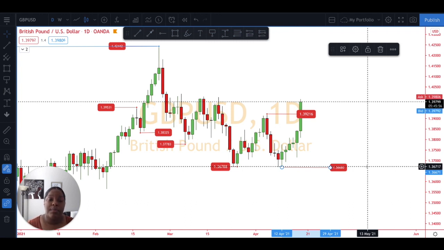I used it on Euro Pound. Now I'm using it on Pound USD. The rules do not change. The setup and the technique that I'm using is not changing. The mindset is not changing. I am literally establishing who I am, what I need to see, and the price gives it to me. That's great. And if it doesn't, I'm okay with that, because I can confidently know who I am trading with